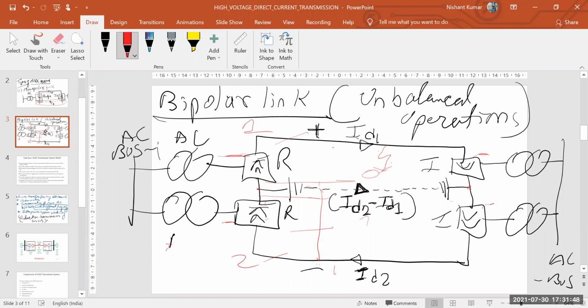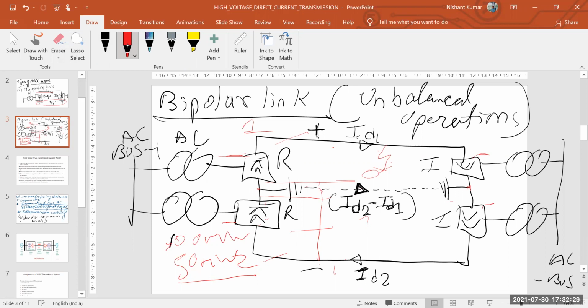that is the return, can be used up to half the rated load power. It means if you have 100 megawatts, you could still have 50 megawatts. You could use the entire half segment with half the rated load power, whatever the rated power is. So this is the second type, bipolar.